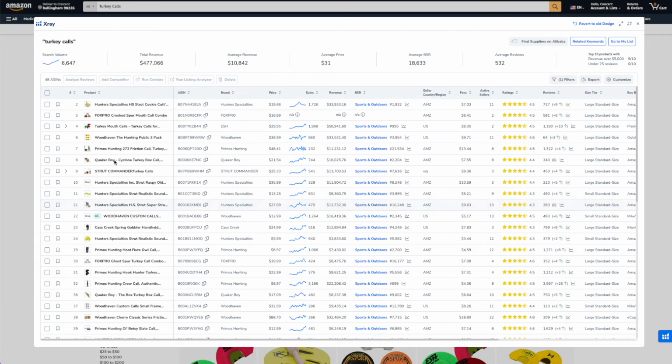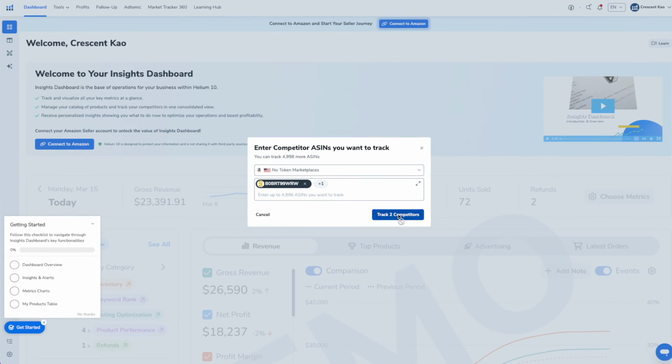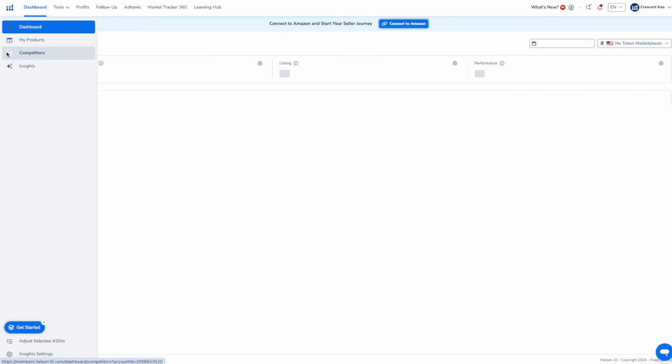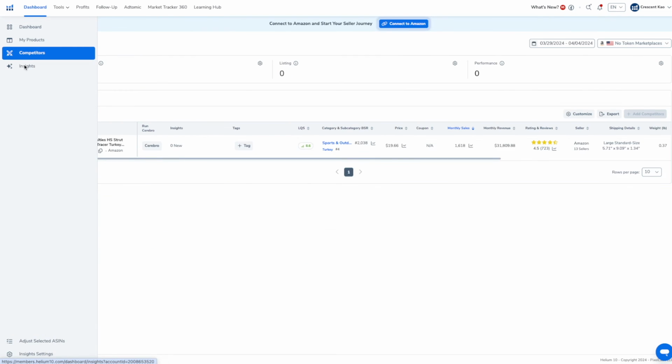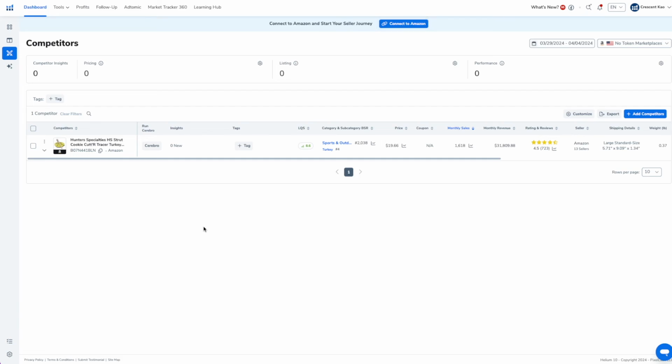And if you want to track specific listings, such as the top sellers, you can checkmark the listings you want to track in X-ray and click on Track Competitor. You'll be able to see your tracked products on your product list back on Helium 10's website here. And a pro tip, if there's any new sellers, you can track them too and see how well they're doing. It'll give you an idea of how difficult it will be to break into the niche once you launch your